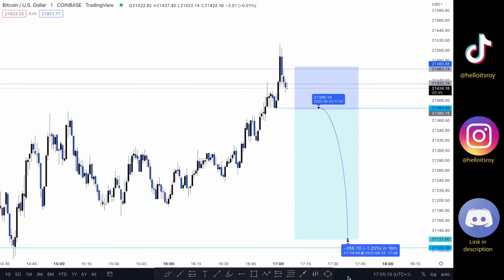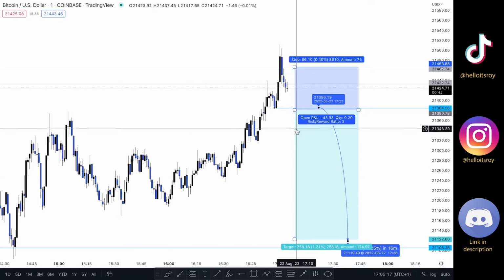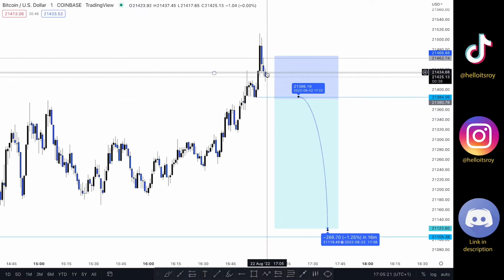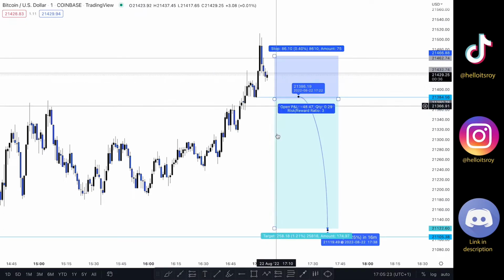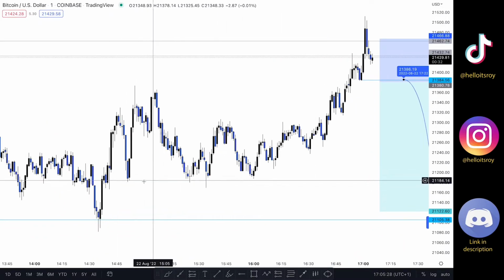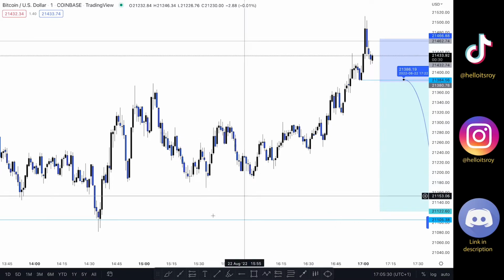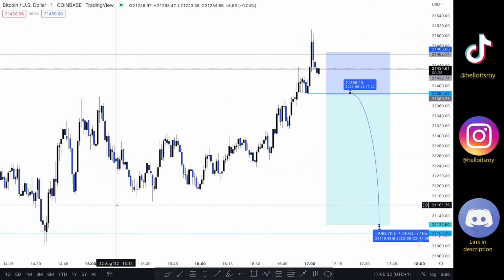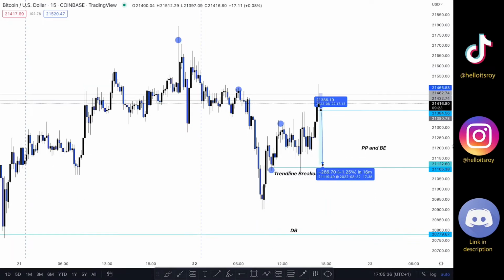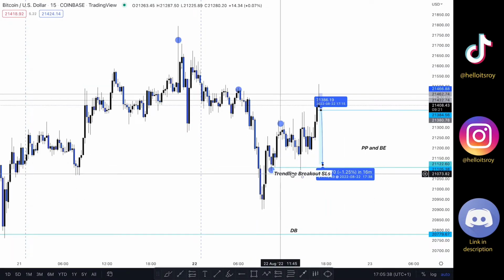Here it is, the final entry right here. This is going to be my entry, and as soon as the market hits this point right here, I'm going to be triggered in as a sell stop, and I'm going to be targeting all this liquidity right here through to the downside. As you can see, we have this double bottom right there, we have this trend line right here through to the upside, and generally we have a lot of liquidity right there, even though on the 15 minutes time frame we can see it clearly right here.